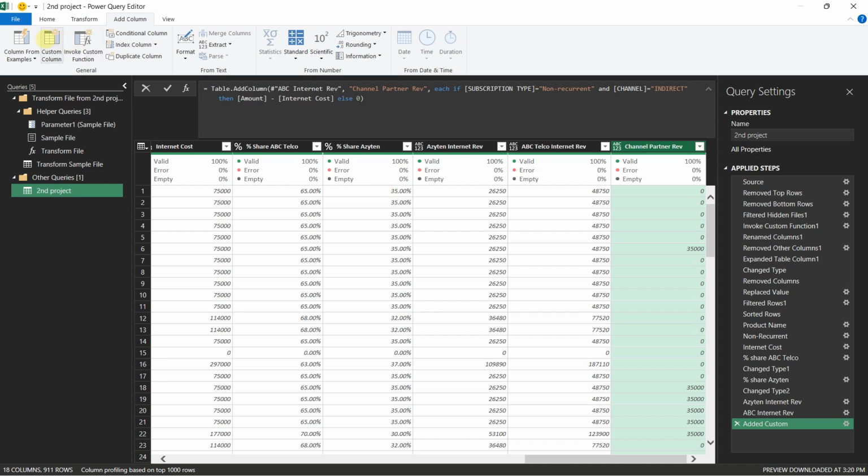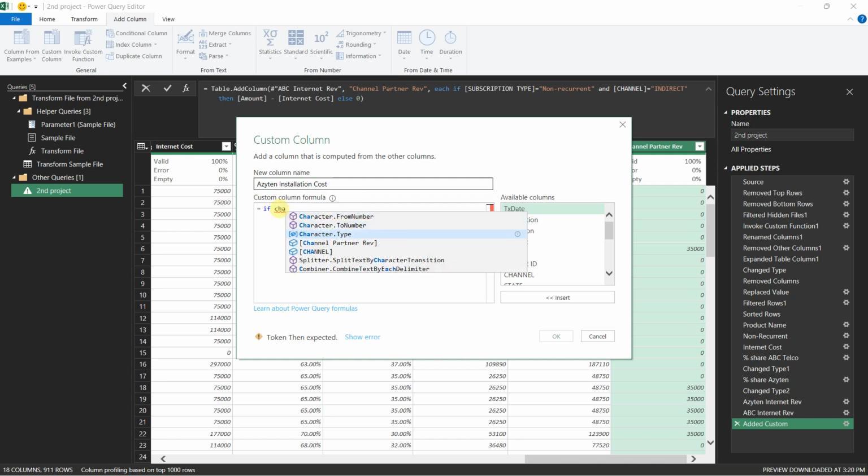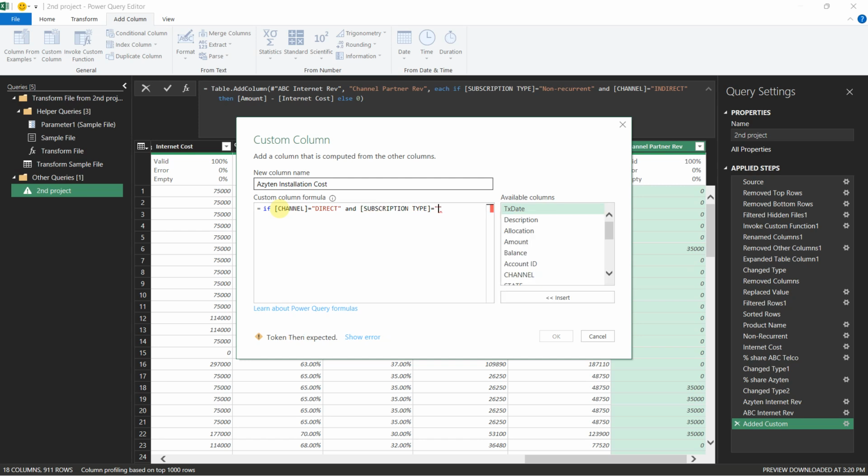So we can get other costs, or let's just get installation costs, Azyten installation cost, and create a column and say Azyten installation cost, and we'll just say if channel is direct, right, and subscription type is non-recurrent, then amount minus internet cost, else 0,